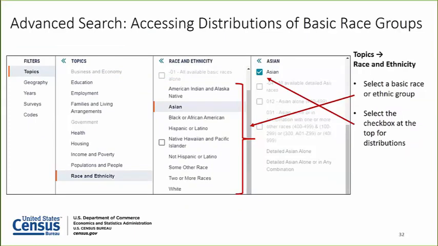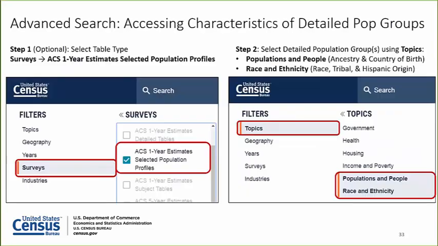So I wanted to show you some quick things about accessing distributions of basic race data. If you go to race and ethnicity, and then you choose Asian, and then the pop-up of Asian, it would pull up the specific tables by Table ID, where you would get a distribution of the Asian population. However, if you were looking at the characteristics of a detailed population,